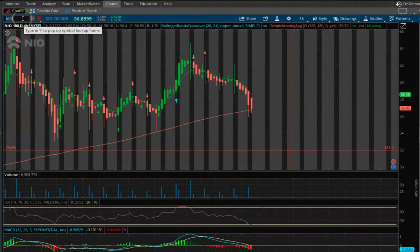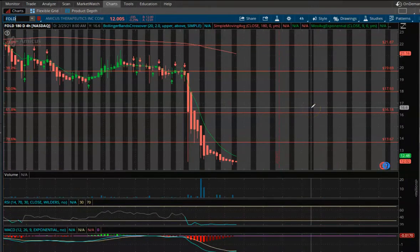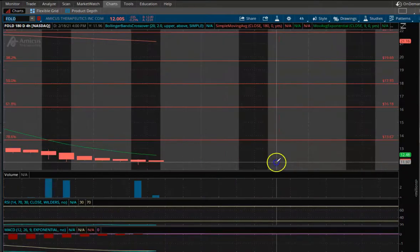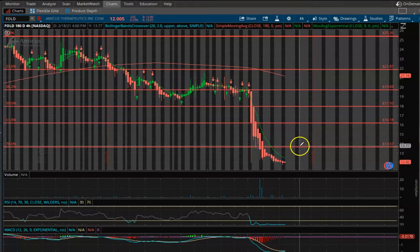So I want to show you a little bonus play as well. So this was one of my stock picks from the week, FOLD, and I was kind of saying, wait until you see for sure that we have signs of a reversal, and we're slowly but surely getting there. Still undervalued, but you can see here on the MACD that we're trying to cross over from our bearish pattern to a bullish pattern. So if you're going to get in, now would probably be a good time to get in at about that $12 mark, and I would ride it up to about 13.45 to 13.50,